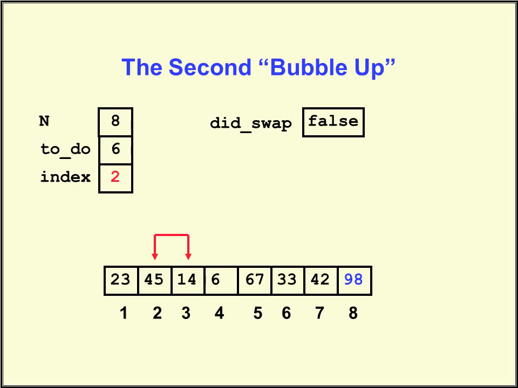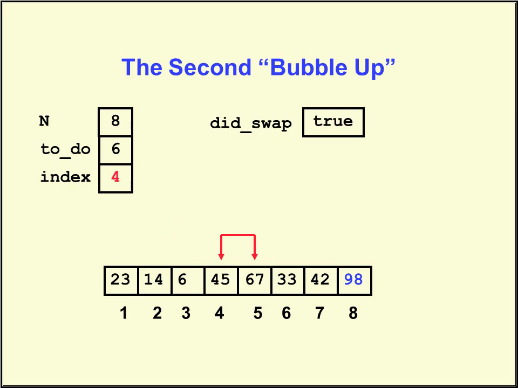After that we go to the index value that is 2, that is 45. So we check whether 45 is greater than 14. So 45 is greater than 14, swapping will occur, and the index values of 14 and 45 will be changed. Again we go to the third index, where the value is 45. So we compare the third index value with the fourth index value, that is 45 and 6. We check whether 45 is greater than 6, so swapping will occur, and the index values of 6 and 45 will be changed.